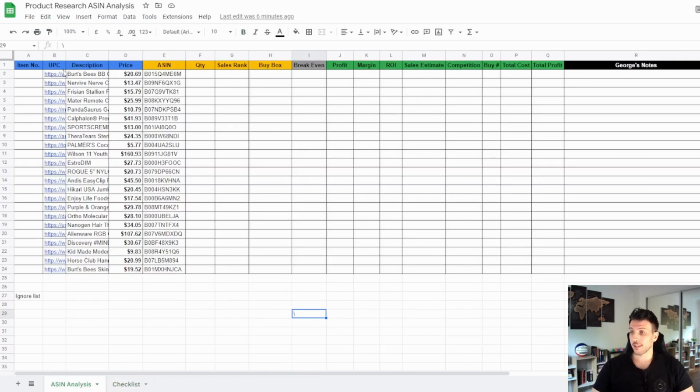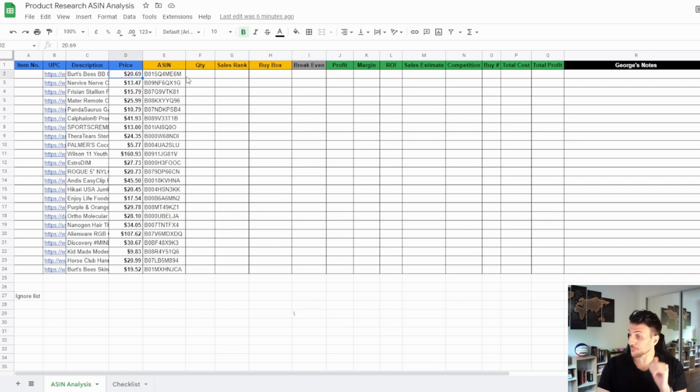So I have it divided in certain sections. Basically, what we have here in the blue section is all the supplier data. You can add their item number, their UPC, their description, and then their price in this section here. The price also includes prep and everything associated with going there. Obviously, this is a simplified version of what I do. My version, what I personally use, is a lot more complicated. I've all divided, but just so it can be a bit simpler, I've just put the total price in